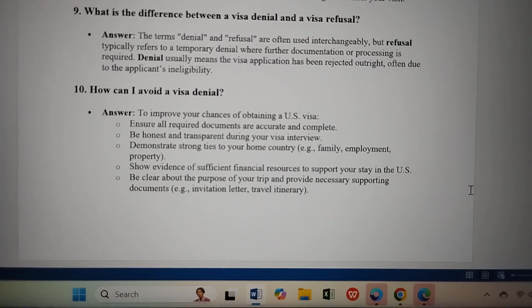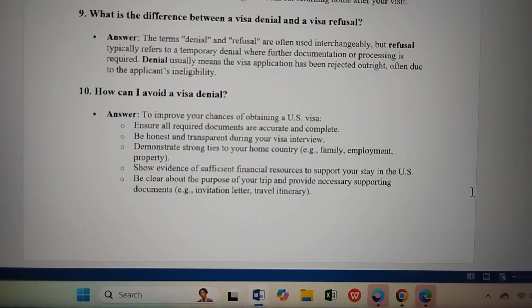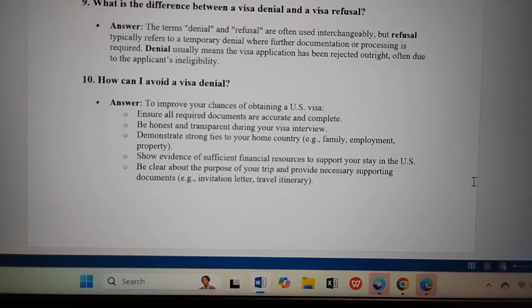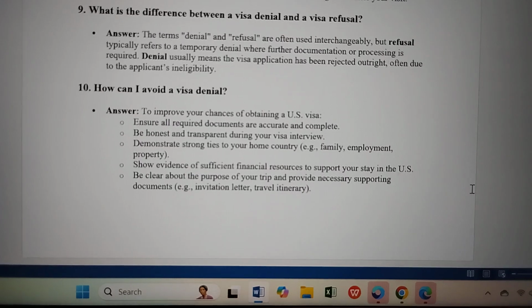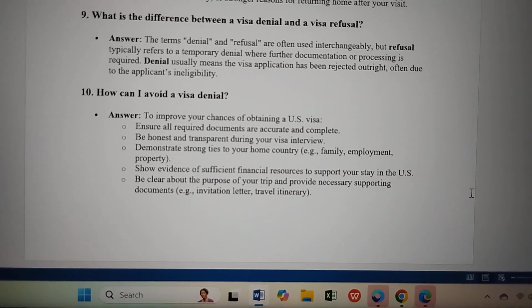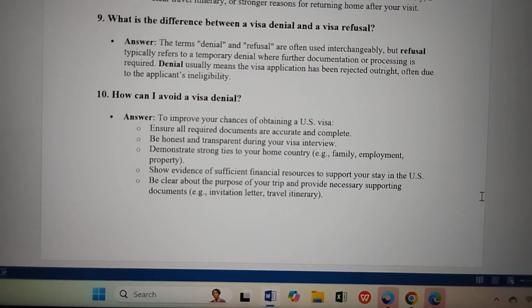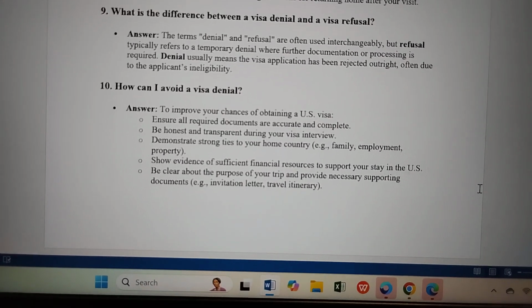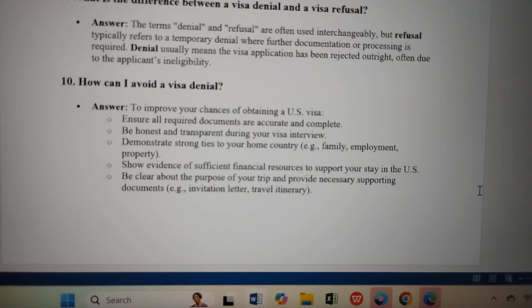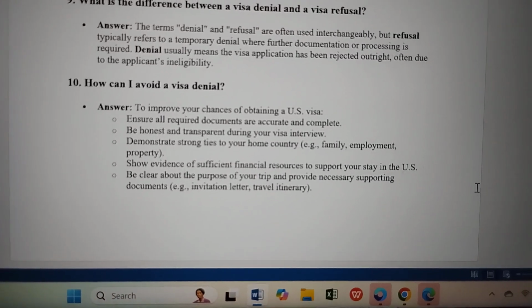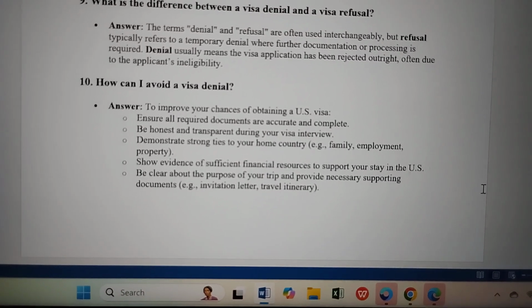Then, be honest and transparent during your visa interview. Respond to the questions with a lot of honesty and transparency, because the visa officer has been trained to read your facial expression. So if you are lying, they will be able to know that this person is not saying the truth. Demonstrate strong ties to your home country,